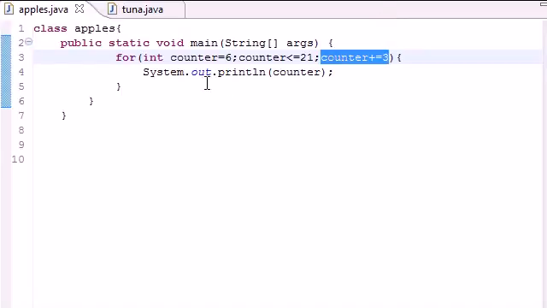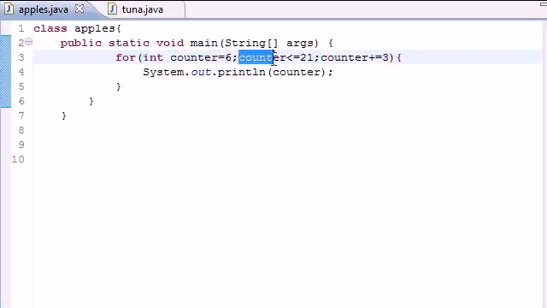Again, it takes 3 statements or parameters. The first one is where you want to start. The second one's where you want to end, or it's going to run as long as this condition is true. And the third one is how much you want to increment by. So this is a variation. There's also the while loop and the for loop we learned thus far. There's also a couple other loops that I'm going to be teaching you probably in the next couple tutorials. But for now,